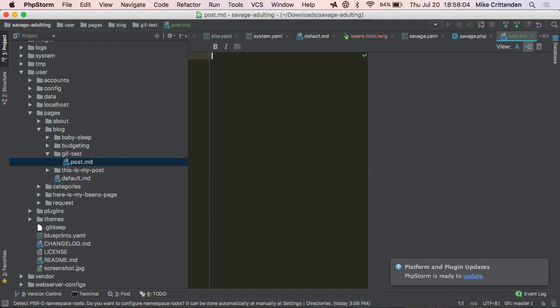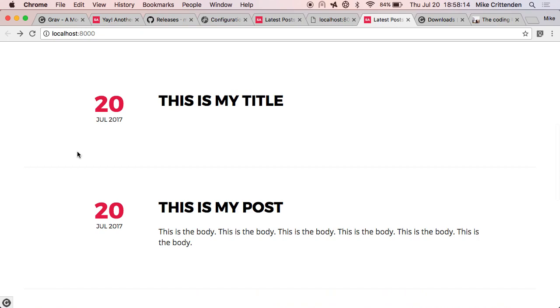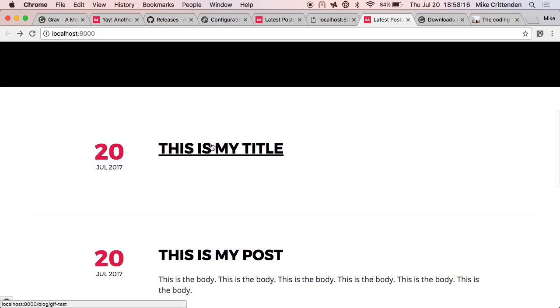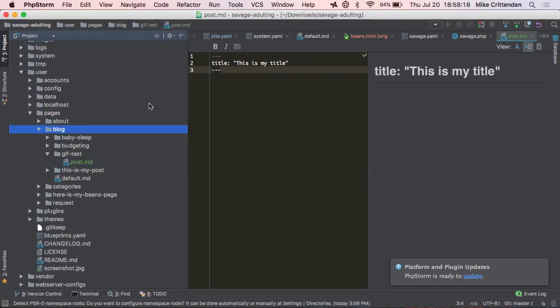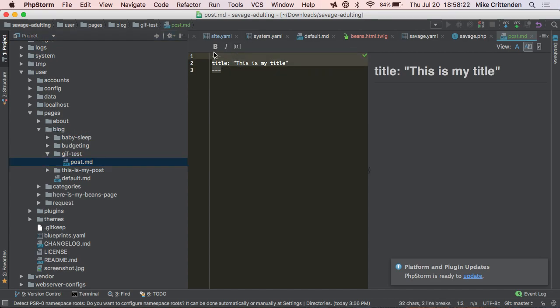In this new file, all I have to do is give it a title in the front matter here, and I'll talk about what that means in just a second. And then that should be enough to make it create. Yeah, so it's already showing up just because it exists under blog, and I have my post.md, which has a title. So by the way, the anatomy of a markdown file in Grav.